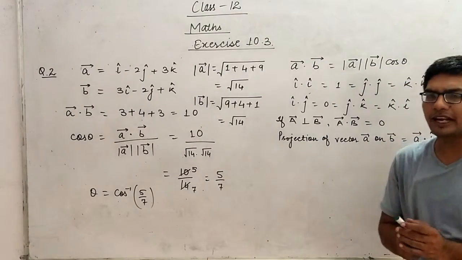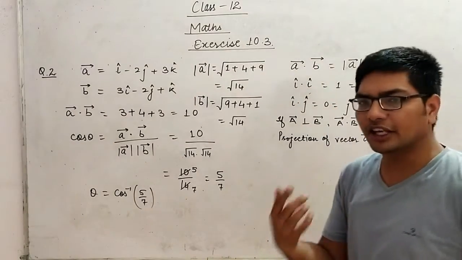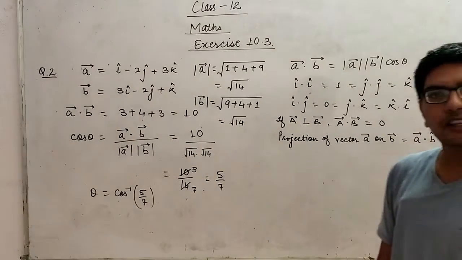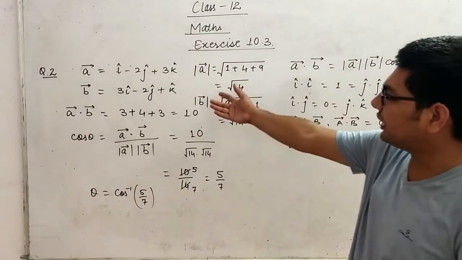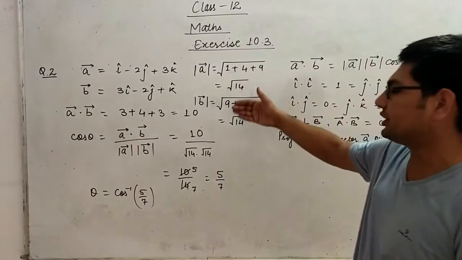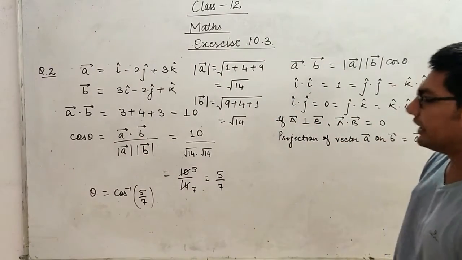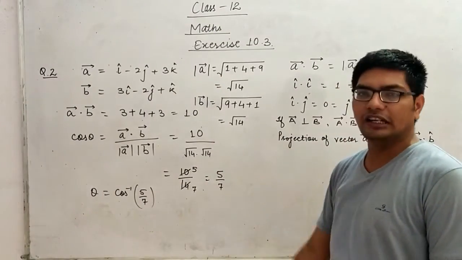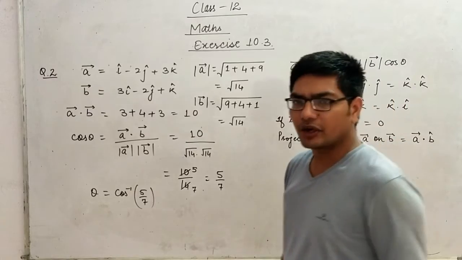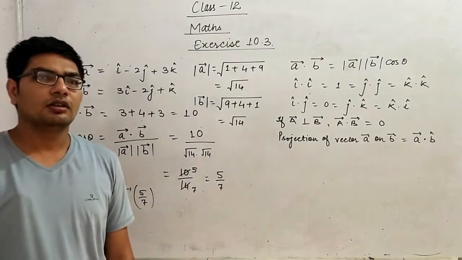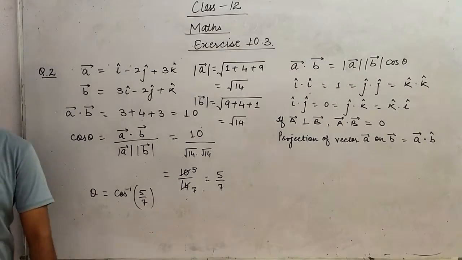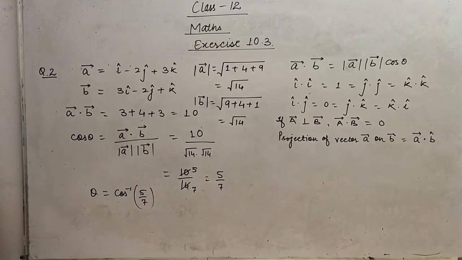It's as simple as the first question, but here the new thing we learned is that if we are provided with vectors a and b, and not with their magnitudes, then we just calculate their dot product and their magnitudes using the basic knowledge of vectors, then we apply the formula of cos theta, and then we calculate the value of theta. Right? It's quite simple. So now let us move to the next question. Pause the video at this moment so that you can note down the solution in your notebook.